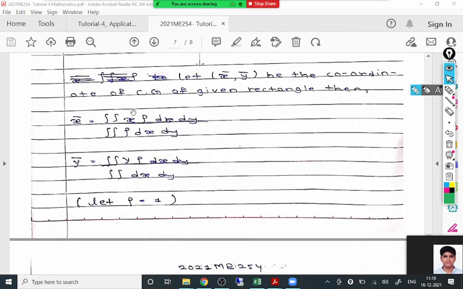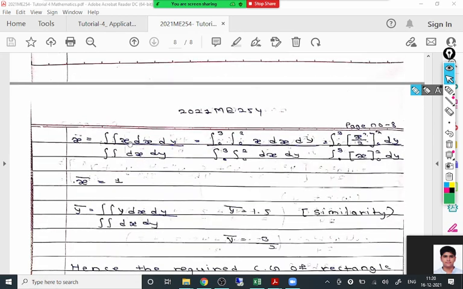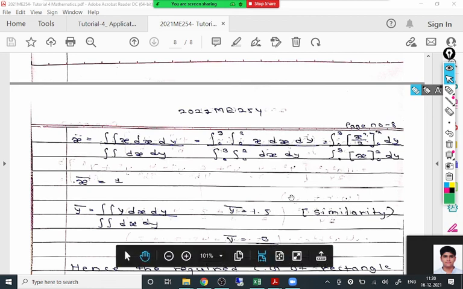But here is the formula. First, you should know the formula. The x coordinate of the centroid, the abscissa, is x bar, equal to double integration of x rho dx dy upon double integration of rho dx dy. The ordinate of the centroid, y bar, is given as double integration of y rho dx dy upon double integral of rho dx dy. Here rho is missing in the denominator, but rho is 1. So the formula becomes just double integration of x dx dy upon double integral of dx dy, and similarly for y bar. Here it is written smartly, but actually you have to show it step by step.